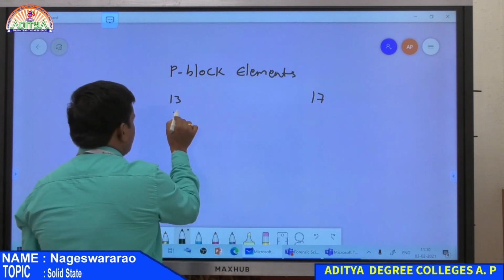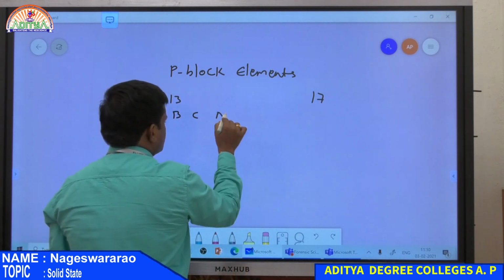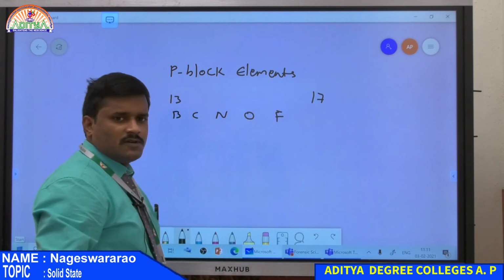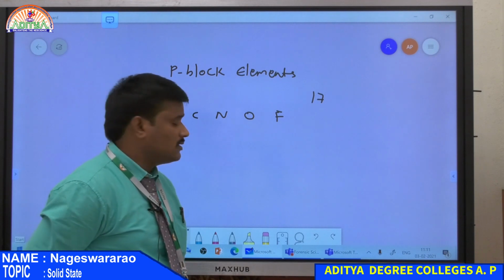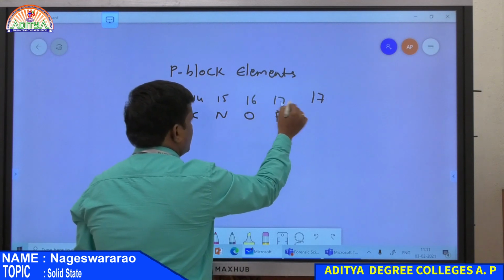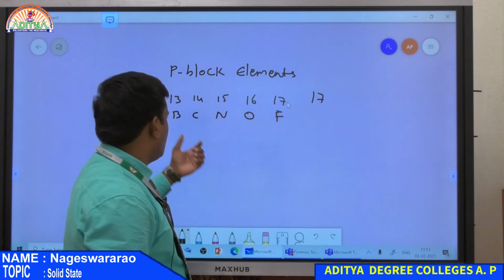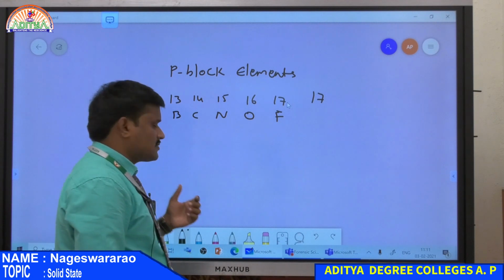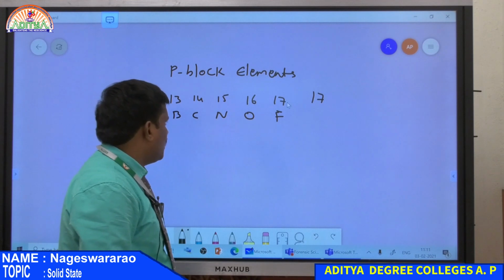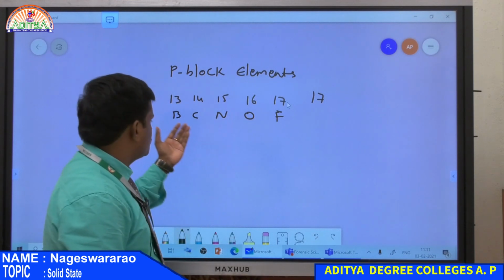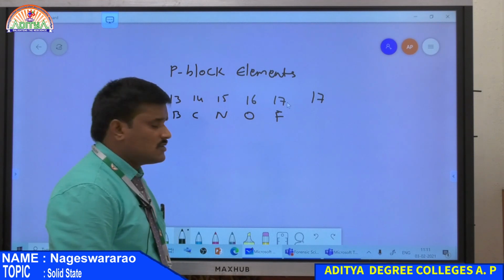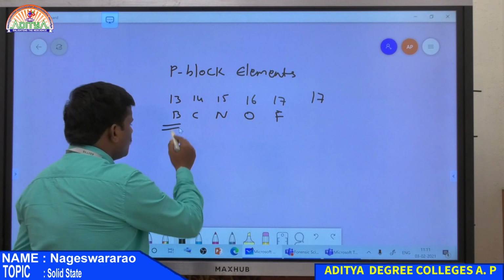So that is boron family, carbon family, nitrogen, oxygen, halogens. These are the groups of elements present in P block. So this is 13th, 14th, 15th, 16th as well as 17th group elements. We discussed all the properties of all these elements, physical properties from top to bottom, and also what are the compounds of all these elements. For boron, the compounds are diborane as well as boron nitride and also borazole. All are compounds of boron family.